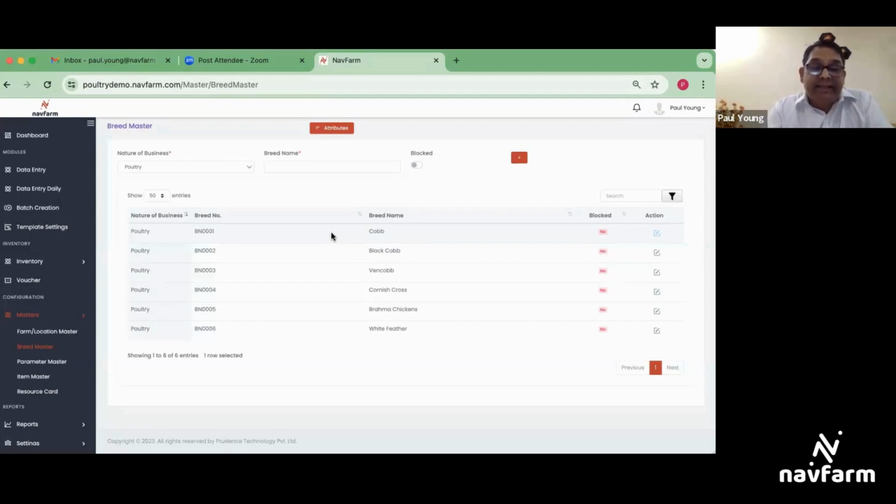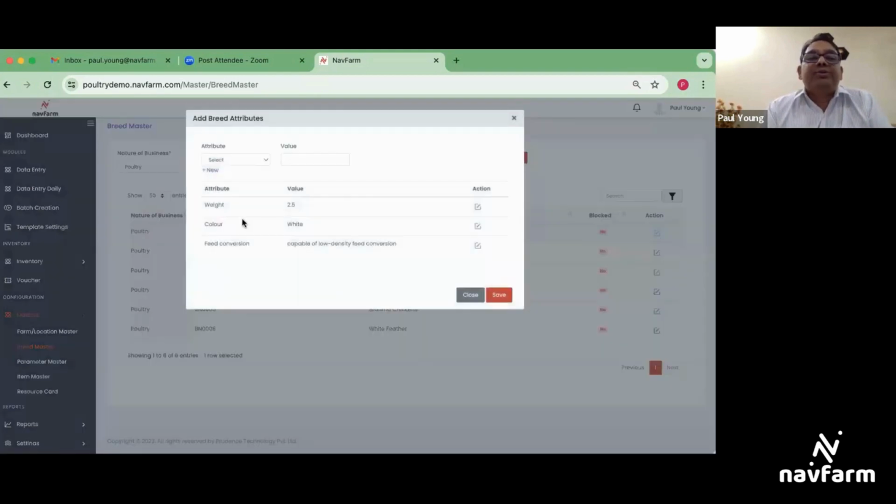specifically the breed name, as well as recording and managing various attributes. Here you see the attribute sign is there. This one, the attributes associated with each breed. It can be like its genetic characteristics, performance metrics, health profile, or any other relevant information that you need to put for the animal. Like, see, if you click here and you go to the attributes, you will see the